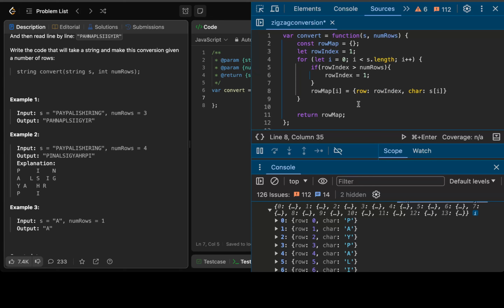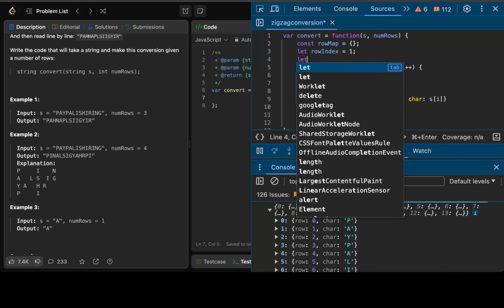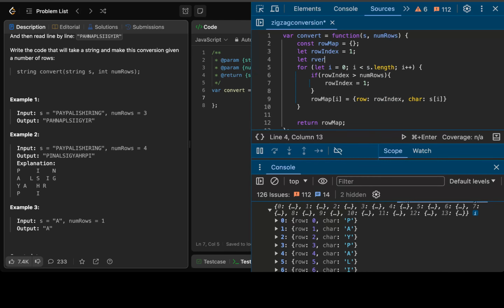Okay, let's make it dependent on a flag, because I think that's the only way we can increment or decrement our row index. So first of all we will keep our reverse flag as false, so we will keep on incrementing the row index,